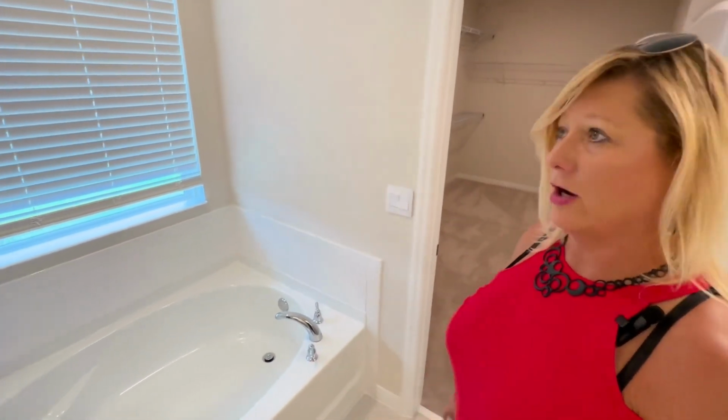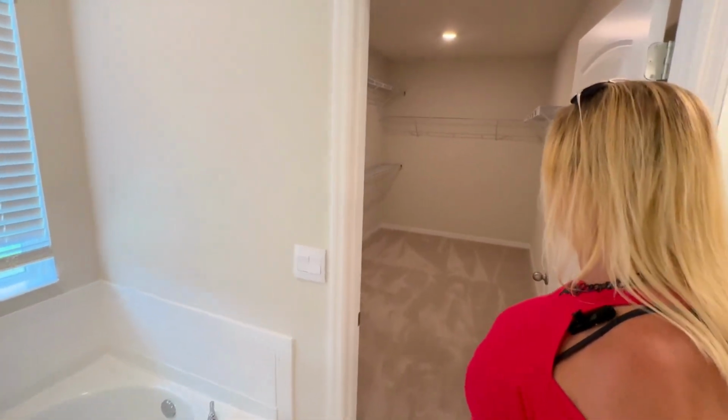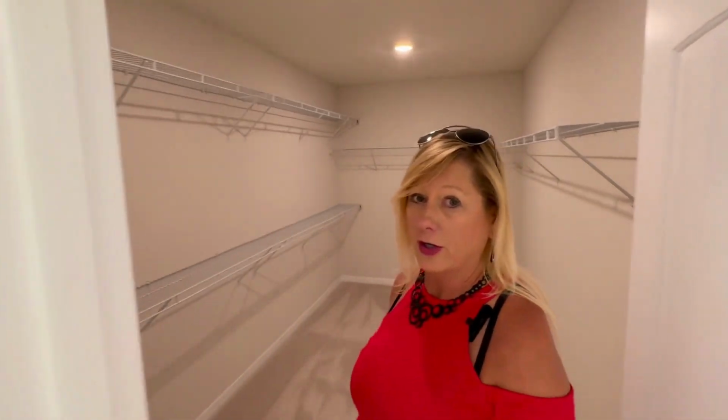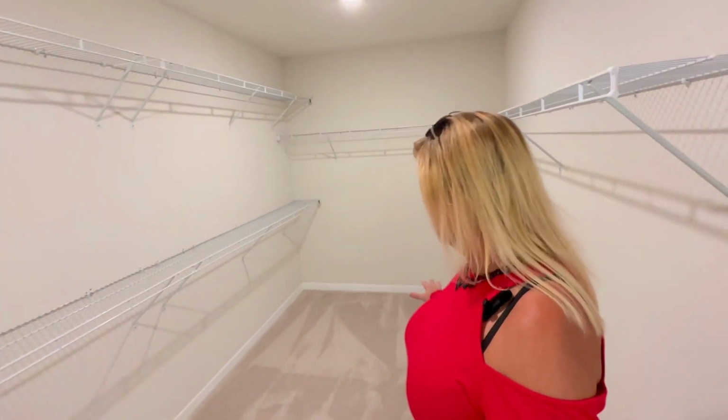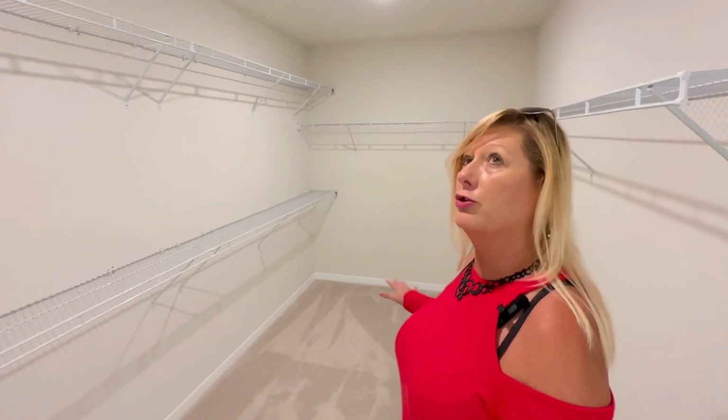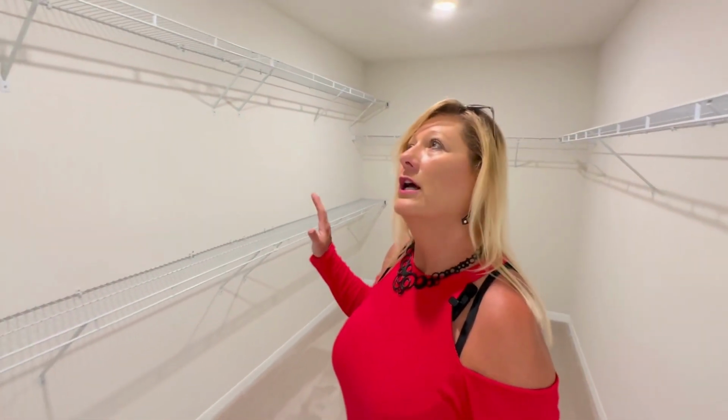And check out this closet. It just goes on forever. So imagine if you have a custom closet company come in and what you can do with this space. So these are 9.5-foot ceilings in this home, and you have double vanity sinks here. Let's go on and check out the rest of this